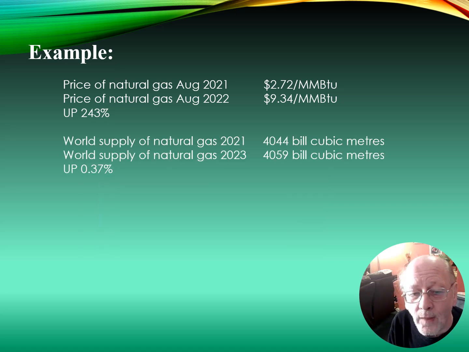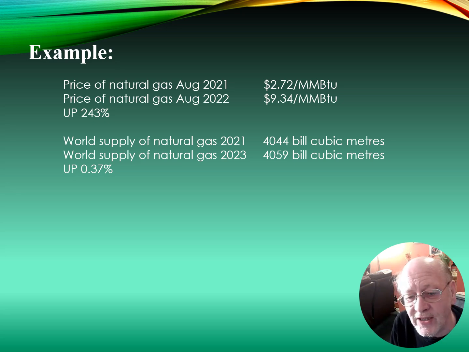So in 2021, there were 4,044 billion cubic meters of gas produced in the world. 2 years later, in 2023, there were 4,059 billion cubic meters of gas. So there was an increase, but there wasn't much of an increase. It was up by only 0.37%. So if we assume that that increase in gas was caused by that increase in price, we can now